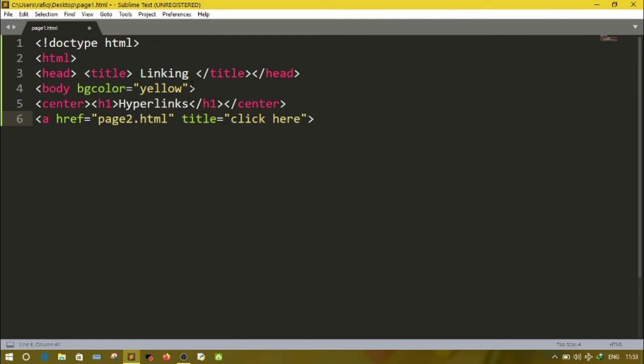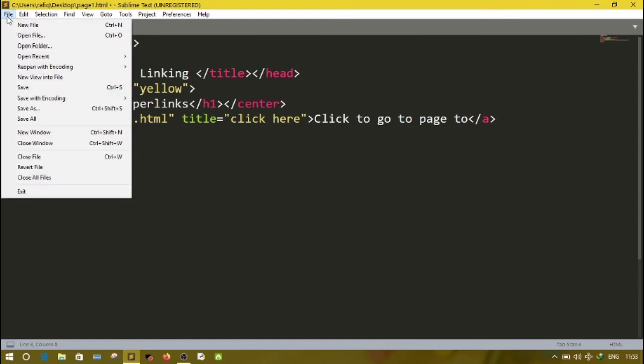Here is the text which I want to display on the page, like click to go to page 2. Now a close. We can close body also here, as we have finished everything.